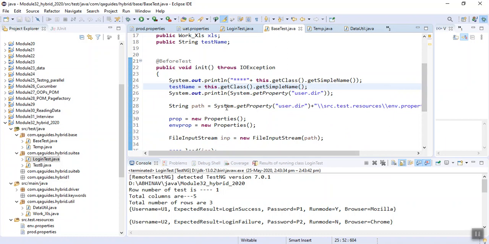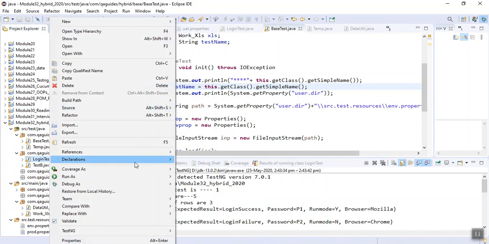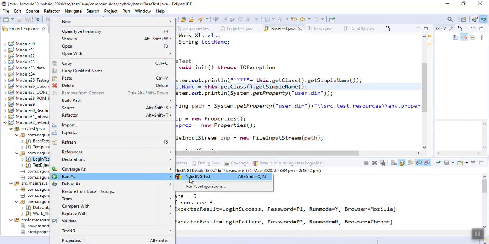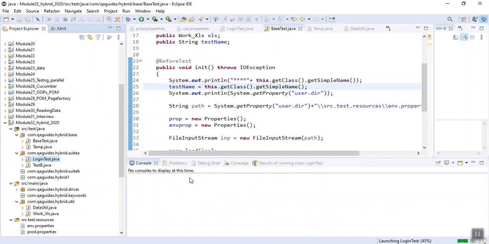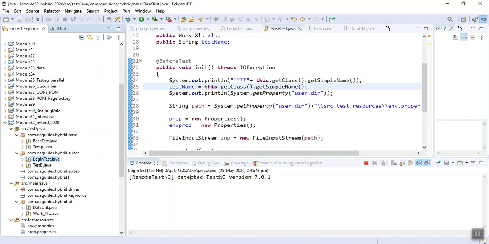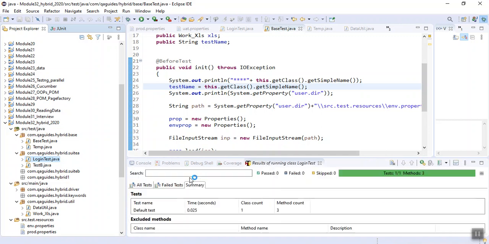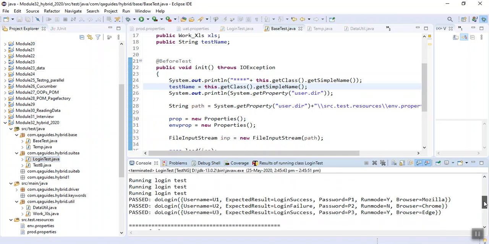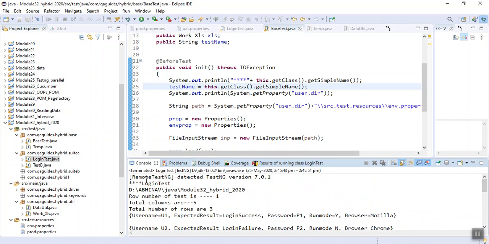Let's run it. Here you can see it is talking about login test.